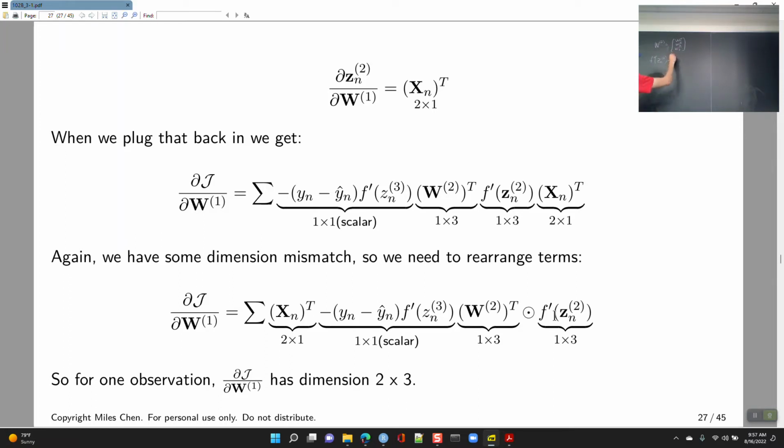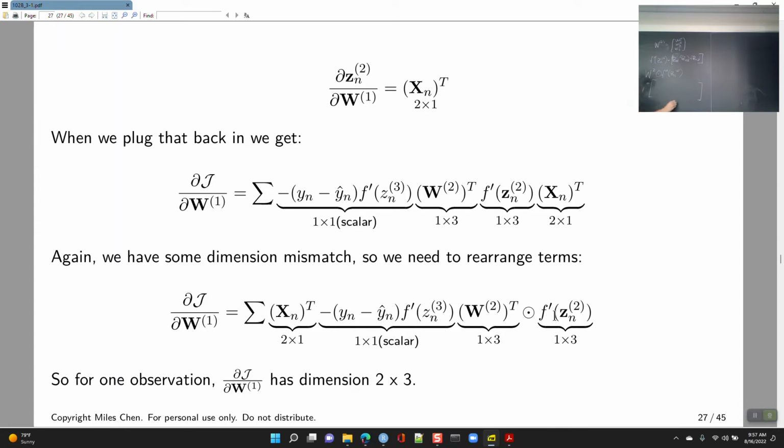The nth row of this is f prime of this. Okay, and when I do W2 element-wise f prime of Zn2, I basically get